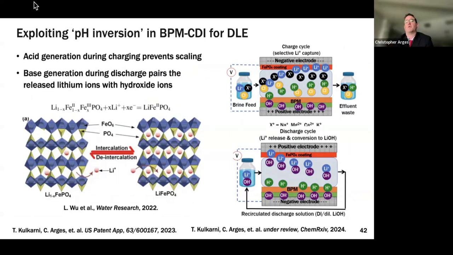Lab scale, of course, and there are a lot of things that still need to be done. The geometric area of the cell is 25 centimeters squared. I'd have to go back to the paper to look at the flow rate, but it's more of a proof of concept, a proof of an idea. It was based on the observation: why, when we were doing the discharge, were we making lithium hydroxide? We were just talking one day, and we thought, what if we captured the lithium, and then on the discharge, the ion that we're releasing makes this base solution? Now we have the hydroxide salt.